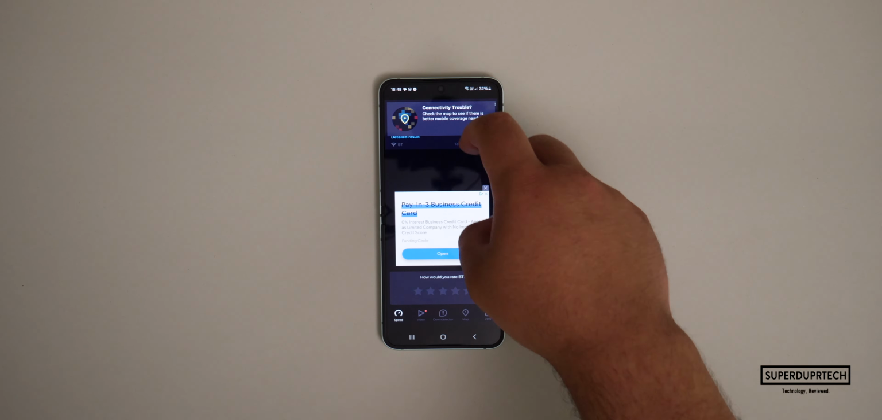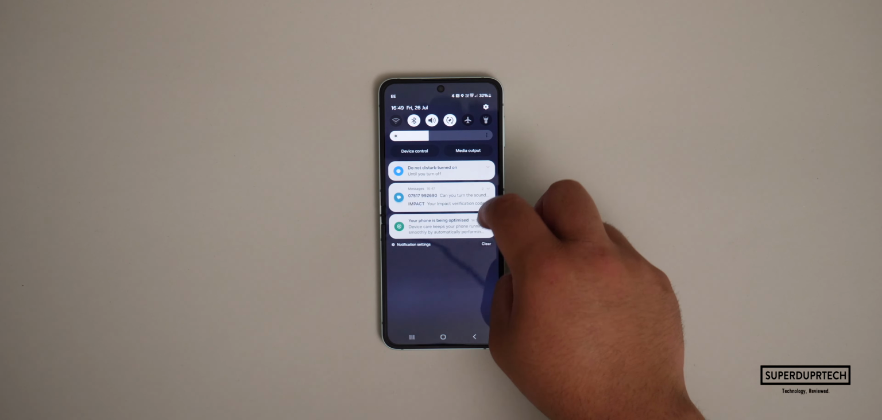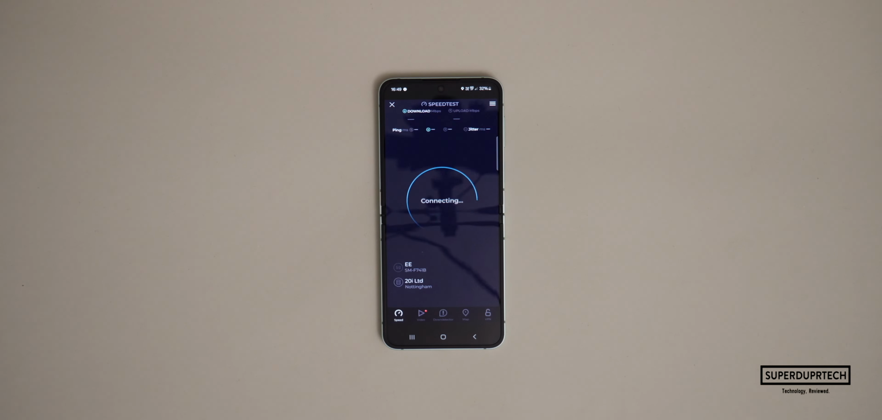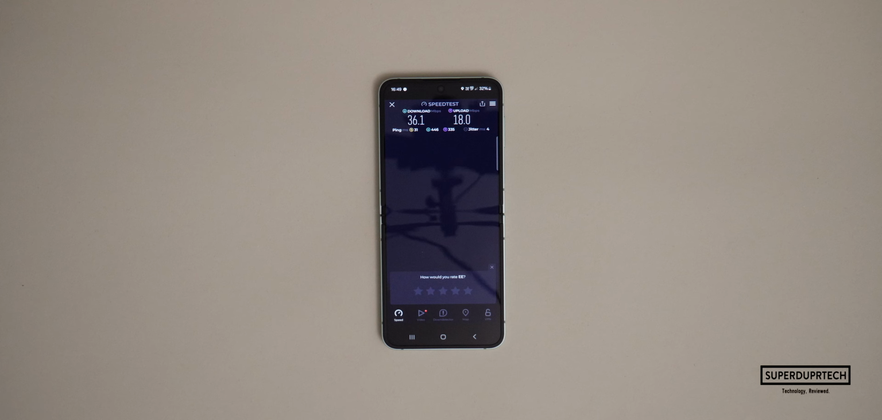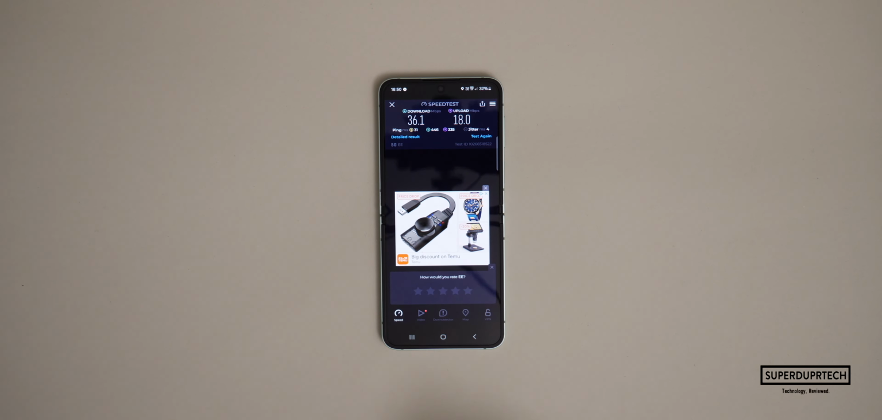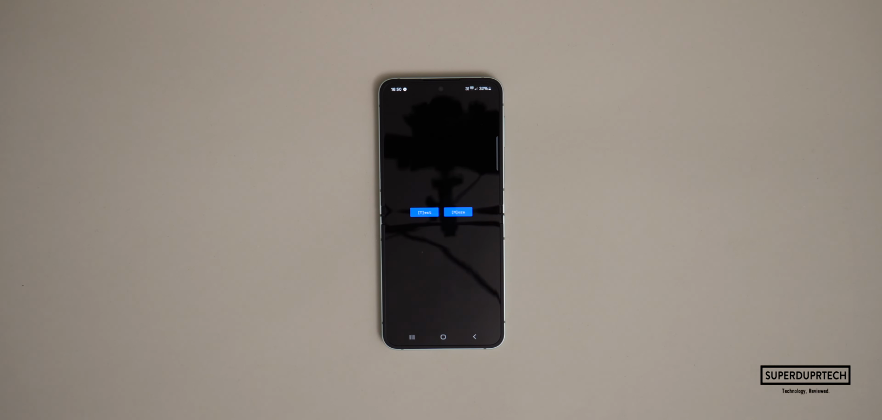And when it comes to testing the cellular capabilities of the Z Flip 6 using the EE network here in the UK, I got cellular download speeds of 36.1 megabits per second, with cellular upload speeds of 18 megabits per second. I then ran the CPDT speed test to test both the storage and the RAM speeds in the Z